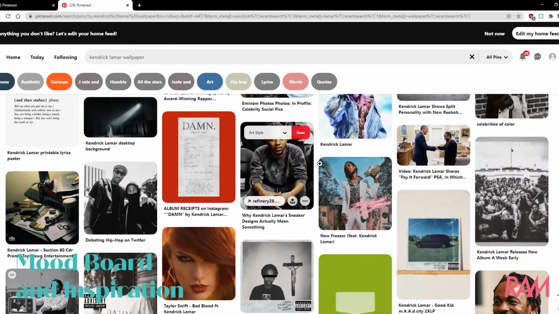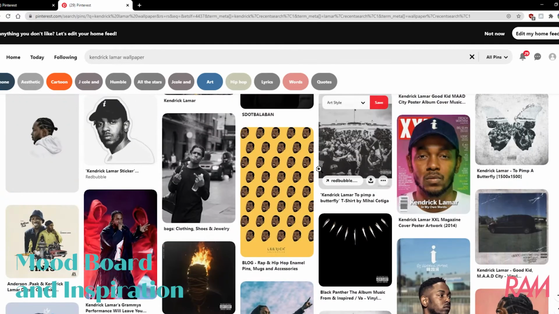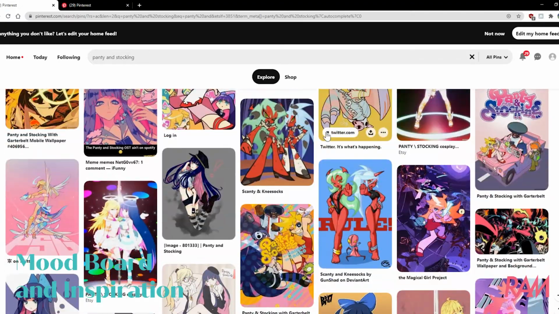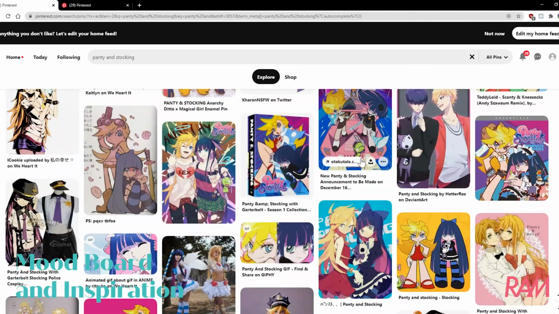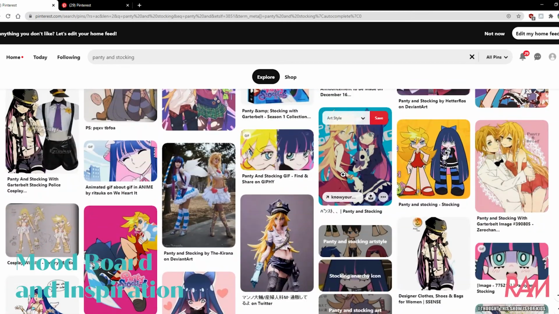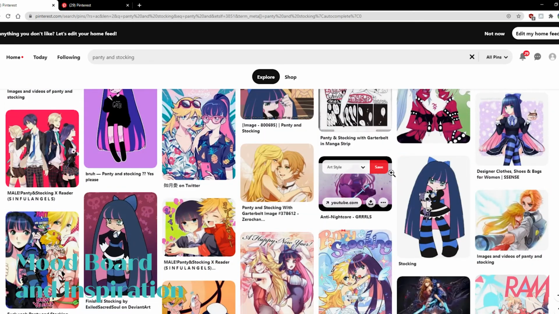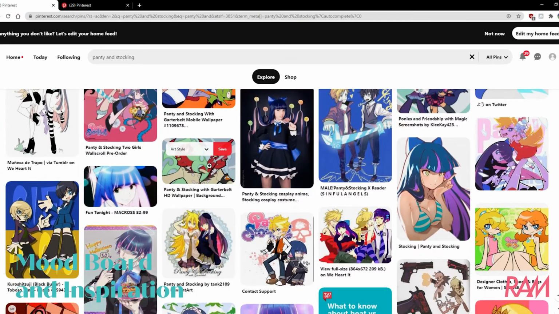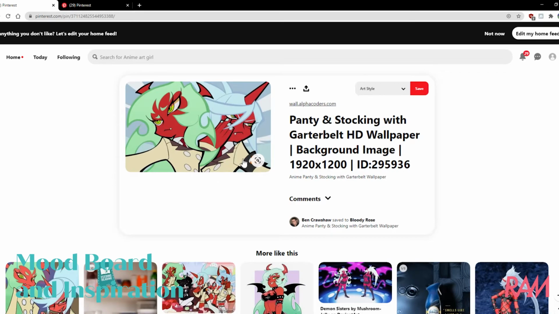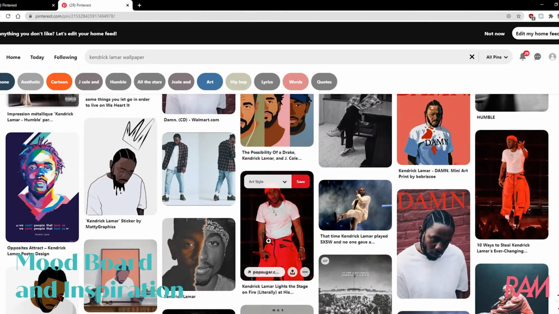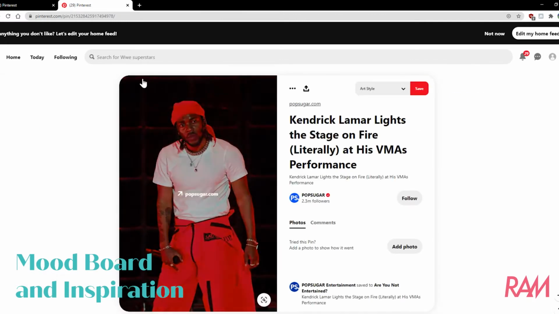And recently I've been catering my page to be more hip-hop and anime infused, so I was looking for more Panty and Stocking references, their art style, how it looks, how they're drawn, how the characters are laid out. You look for those kind of specific things to help bring into your next piece and fuse a whole bunch of stuff together. So I'm combining style, line art, composition, how they color the characters,